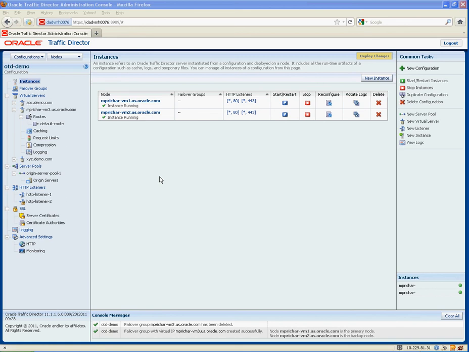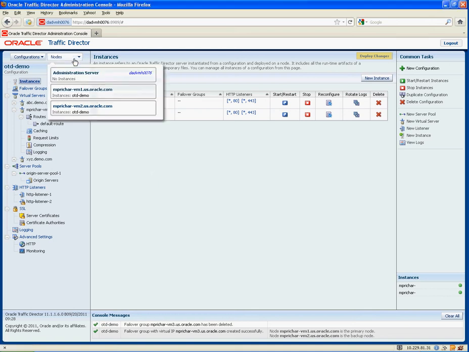Hi, this is Mark Pritchard, and I'd like to give you a quick overview of the Oracle Traffic Director product, which we will shortly be announcing for the Exalogic 1.1 platform. Now, what I have here is I've installed Oracle Traffic Director on a hosted Linux box here,